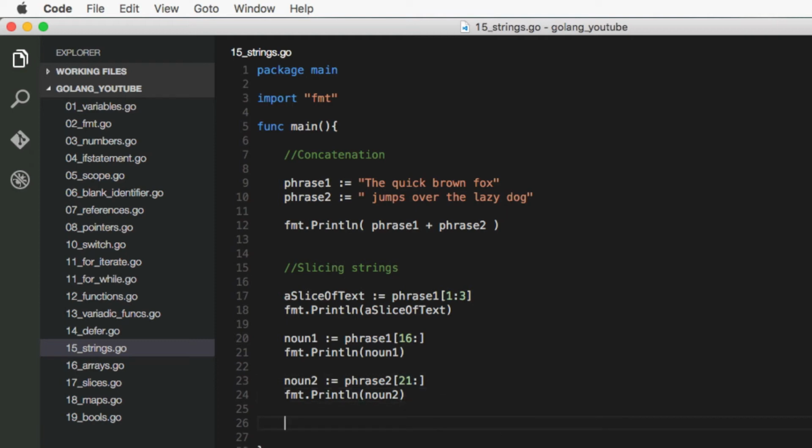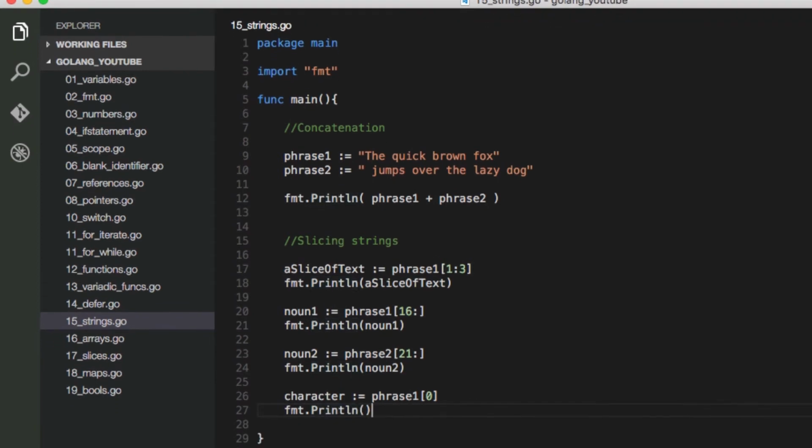Or what you can simply do is create a variable called character, which is going to go into phrase 1. If you don't want to access a range of characters, you can simply access one. So for example, if we want to access the first T, we can just get the character at position 0 in phrase 1, and let's print this out, otherwise it'll give us an error for not using it. So if you come here to our terminal and run it,